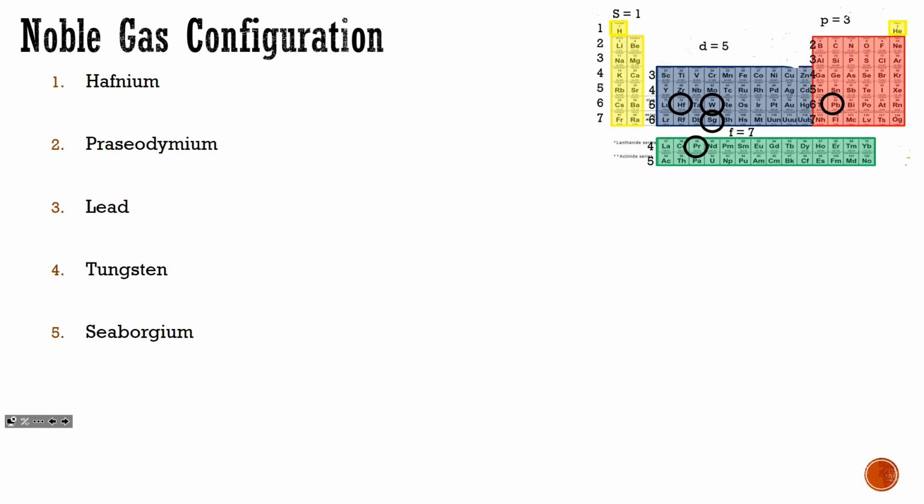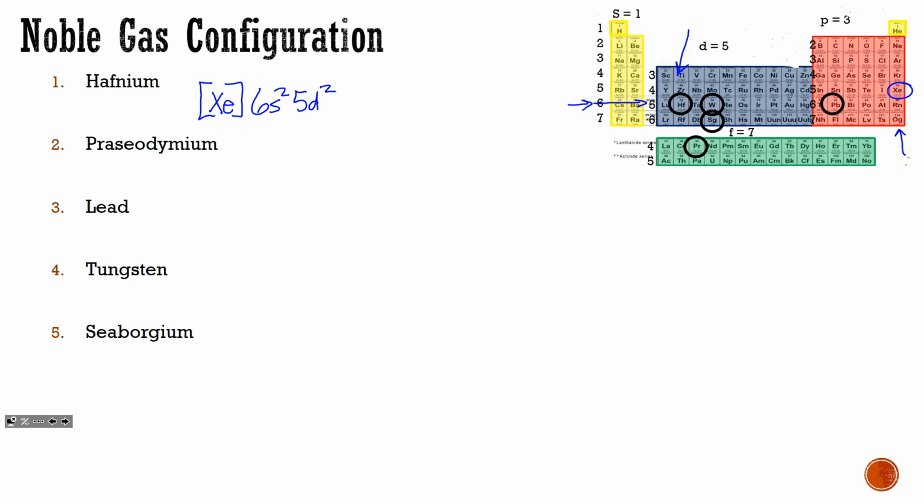So the first one is hafnium, and hafnium is down this column right here. We use the noble gases, which are on this column, and say hafnium is like xenon. So everything up to xenon is the same. So we put xenon in brackets to say it's like xenon. And then we just start from right there. So then we'd come over here to the 6, and we go 6s2, and then go through that to here,